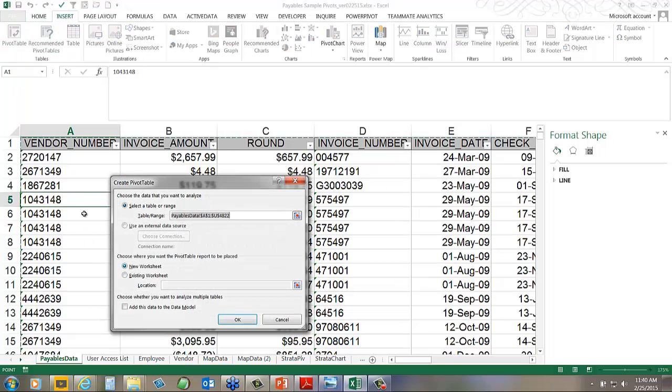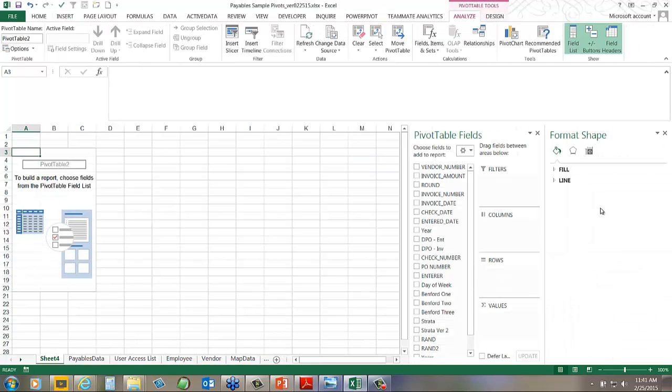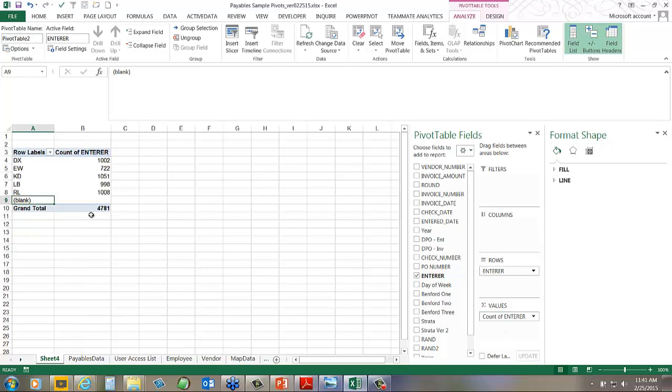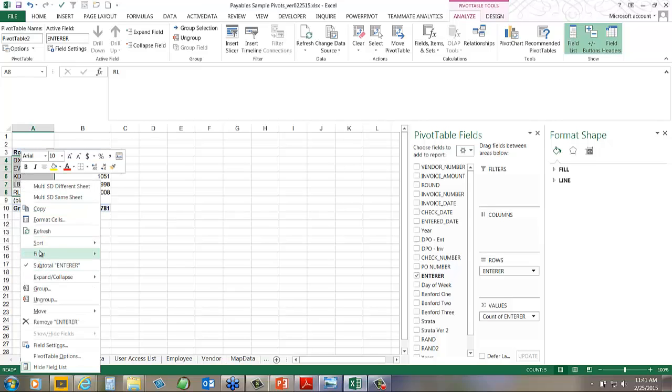We could insert a pivot table, just like that, and we could bring over the enterer into the rows, and we could highlight that data now, because these are people. Notice how you have a blank, so that's kind of interesting. So you may want to bring the enterer into the values and say, we don't have anything there. That's good. So we could take these users that are, per the thousands of transactions, and copy that,